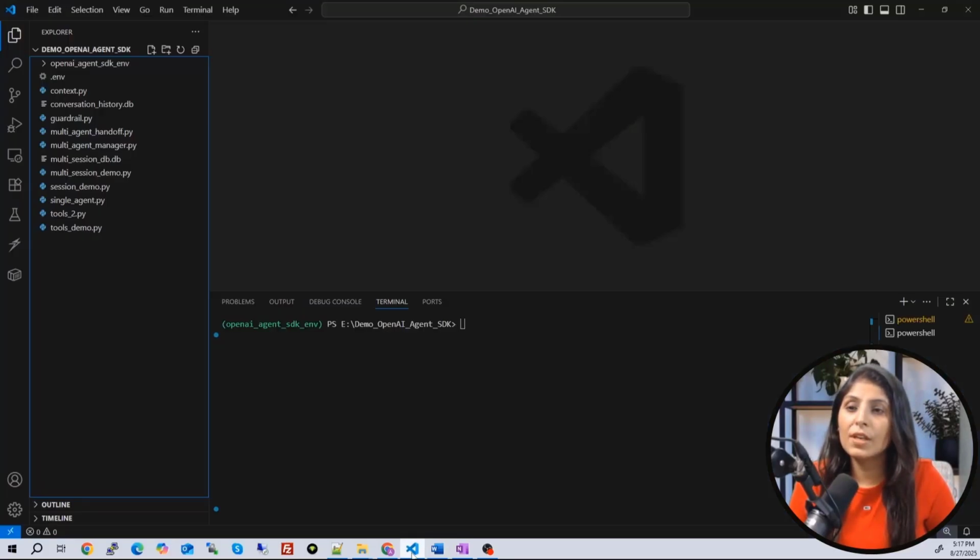So open VS Code, and guys, in my last video, the OpenAI Agents SDK video, over there we created one folder, this demo OpenAI Agent SDK folder. So we did all the tasks inside this folder only, and we created a separate environment in this folder only.